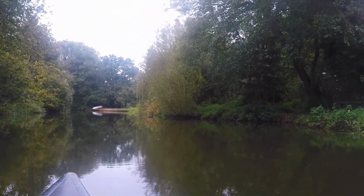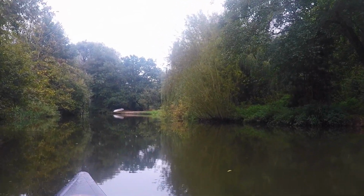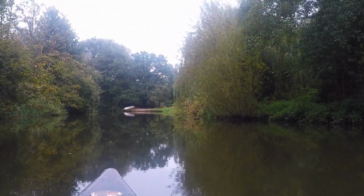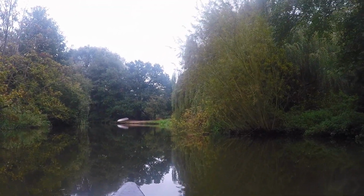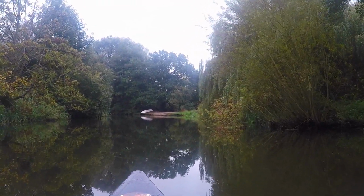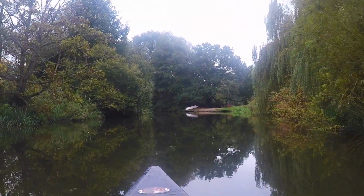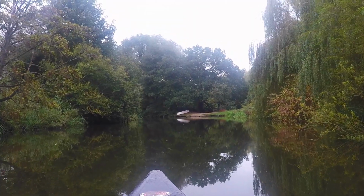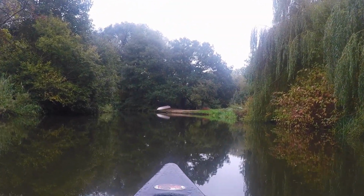Yeah, it's possible to paddle through here. This is Horstead Common, and you can think this place is a sort of a kid's idyll, you know. In some ways I did quite a Swallows and Amazons-like existence. I spent my life sailing and canoeing and swimming. My whole life revolved around this river,